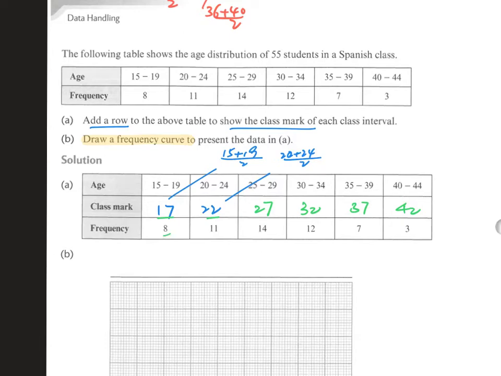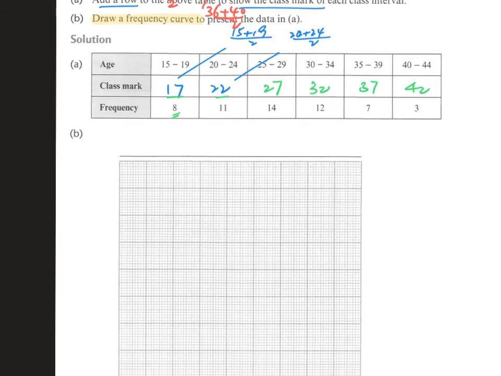For example, when you see the frequency is 8, where should you put it? It should be right above the class mark 17 in the diagram. So now let's take a few minutes to draw the axis in the diagram. But beforehand, we have to add the heading, the title of the diagram first, which you can copy from the question itself. It's called the age of